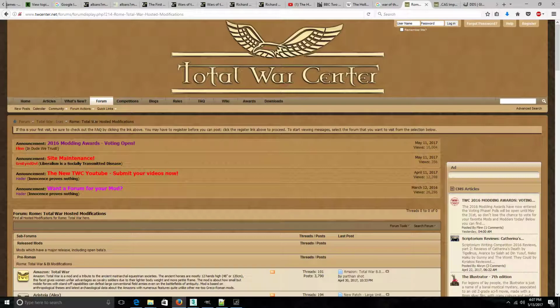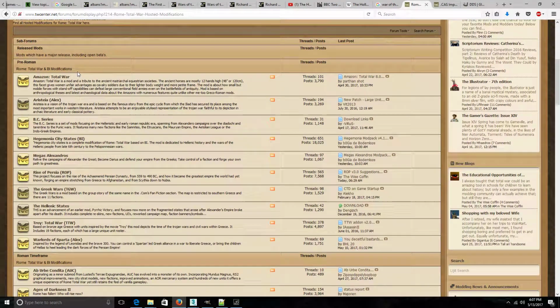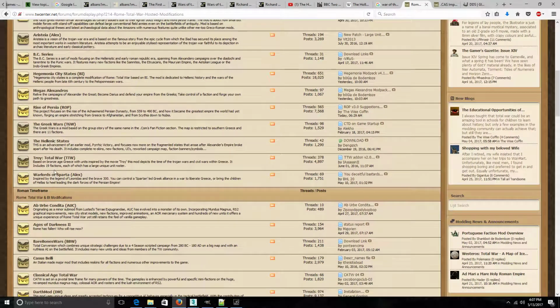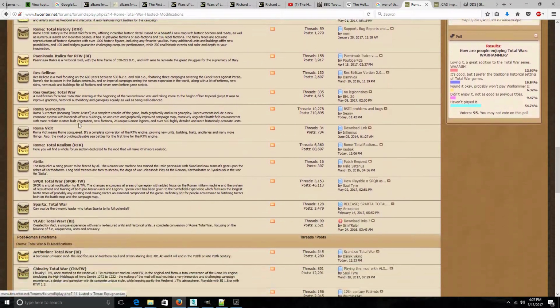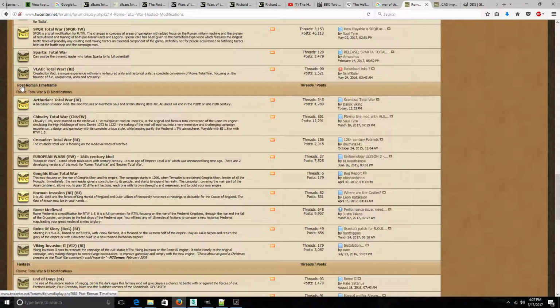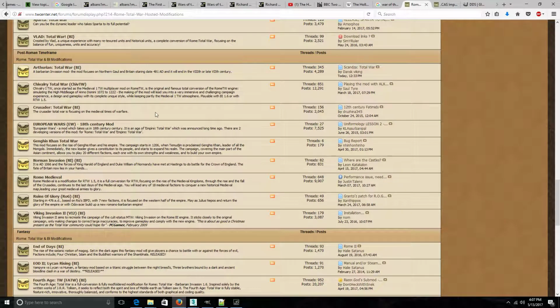much easier to mod for that, and there's actually a lot of stuff released for the first Rome Total War. So if you look at this website, the Rome Total War hosted mods on Total War Center, you can see there's pre-Roman, there's during the Roman time frame, all of these. I'm going to go to the post-Roman time frame, and I'm just going to download European Wars, which is 18th